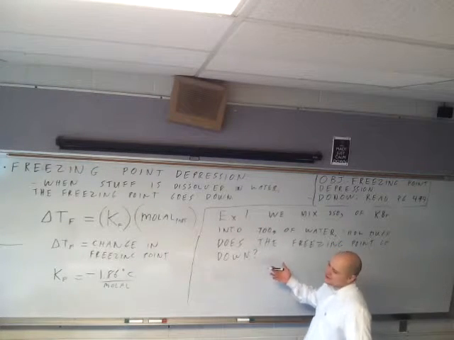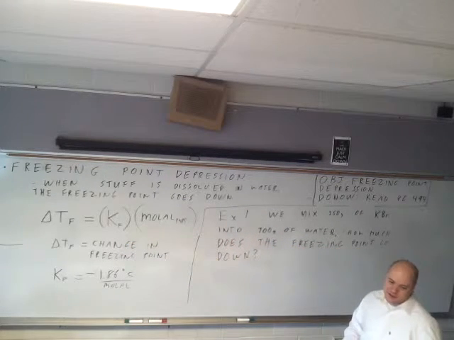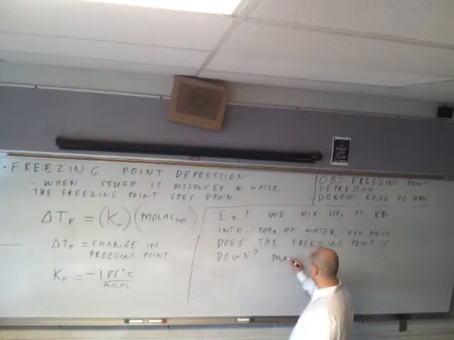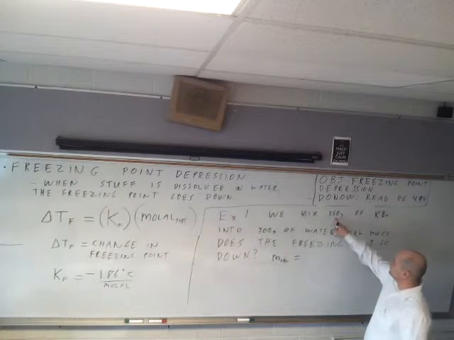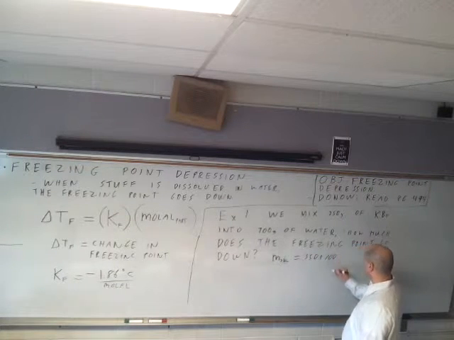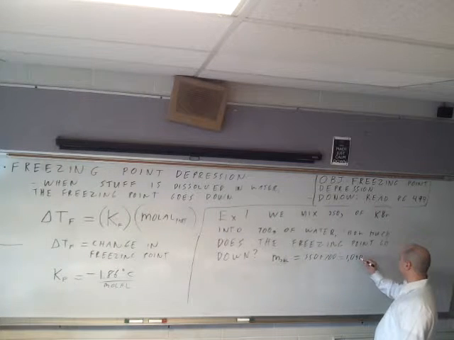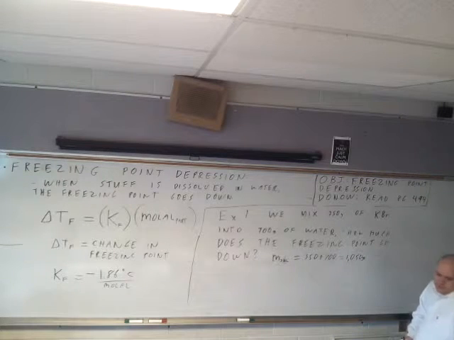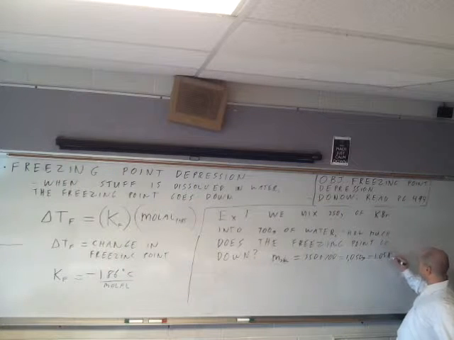Okay. So we want to do this. We've got to find molality so we can find the change in the freezing point. To find molality, we've got to find the mass of the solution and the number of moles. So let's do the mass of the solution first. That's pretty simple, 350 plus 700. Somebody get out a calculator and add those together. Ready? 1,050 grams. And we have to convert this to kilograms, right? That's 1.05 kilograms.